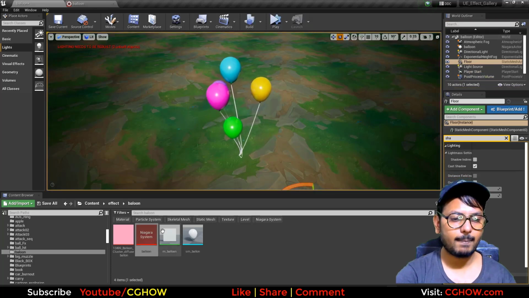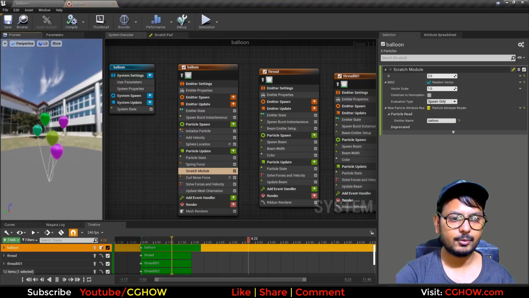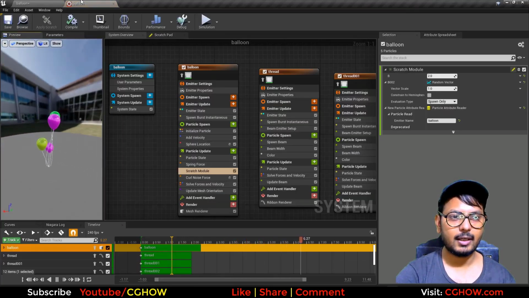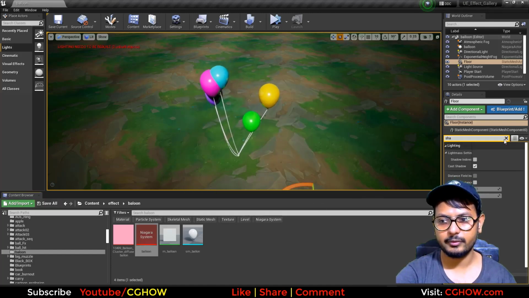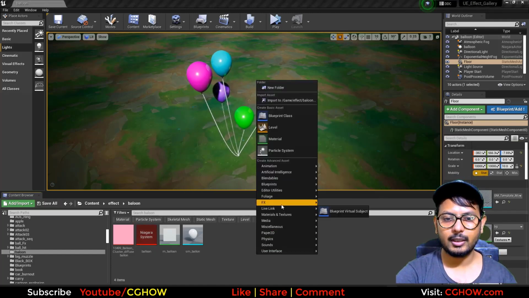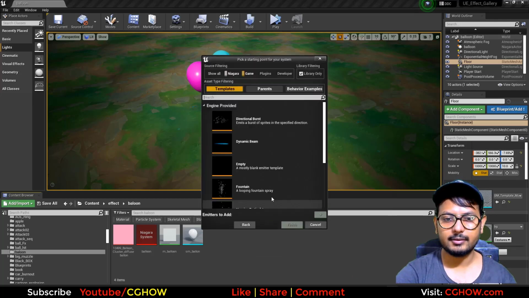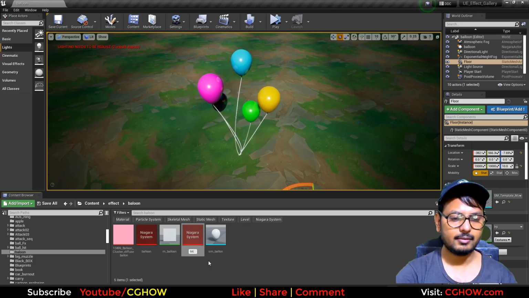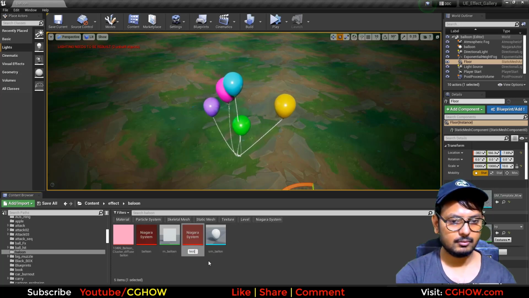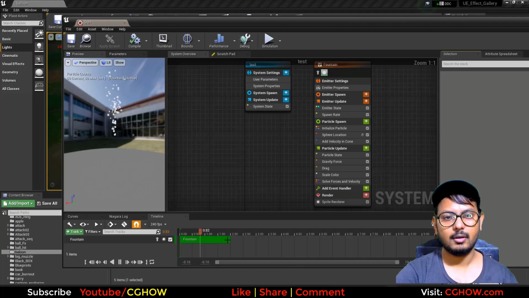very quickly. So this is my particle system, you can see, and I'll create it from the start, then I'll show you this original file. So right click and FX fountain test. Okay,